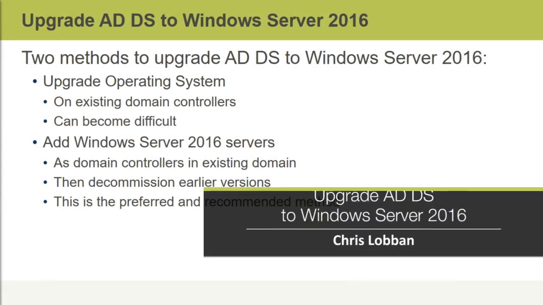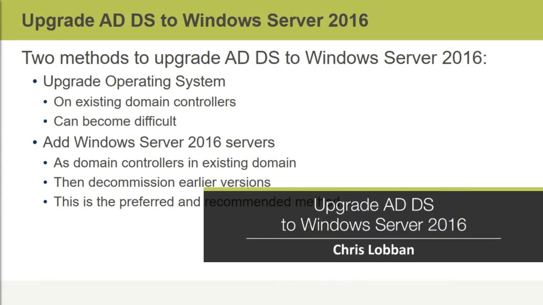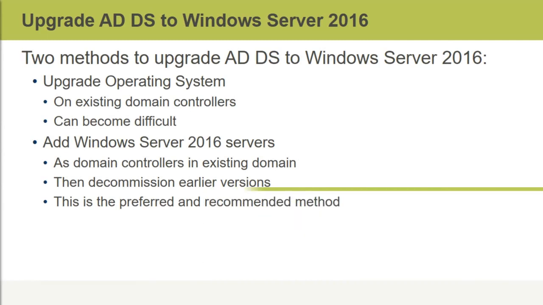If you're planning on rolling out Windows Server 2016 on your network, there's a couple different ways that you can go about doing that, and that's what we're going to talk about in today's video. The first method that you might want to do is upgrading the operating system on all of your existing Windows servers, whether you're using Windows Server 2008 or Windows Server 2012. Now, this can be very difficult to do because it means that you have to be constantly taking servers offline to perform the upgrade. So instead, the method that we really recommend that people use is to simply bring online